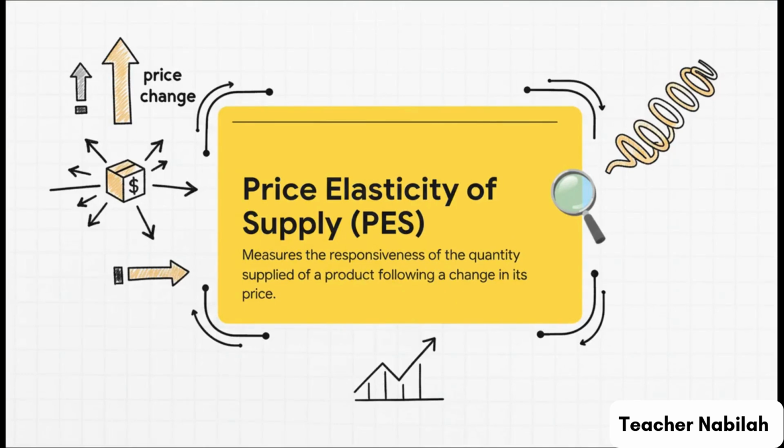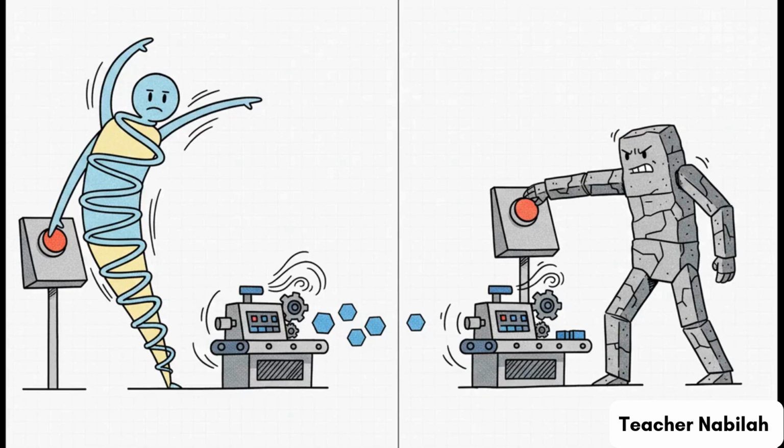Okay, so here's the official textbook definition for you. PES is all about measuring how much the supply of something changes when the price of that something changes. It really is all about responsiveness. But let's ditch the textbook talk for a second. The absolute best way to think about PES is as a flexibility score. That's it. If you got a high score, it means you, as a supplier, can ramp up production in a snap when prices go up. A low score, well, it means you're kind of stuck. You can't easily change how much you're making, no matter what the price does.